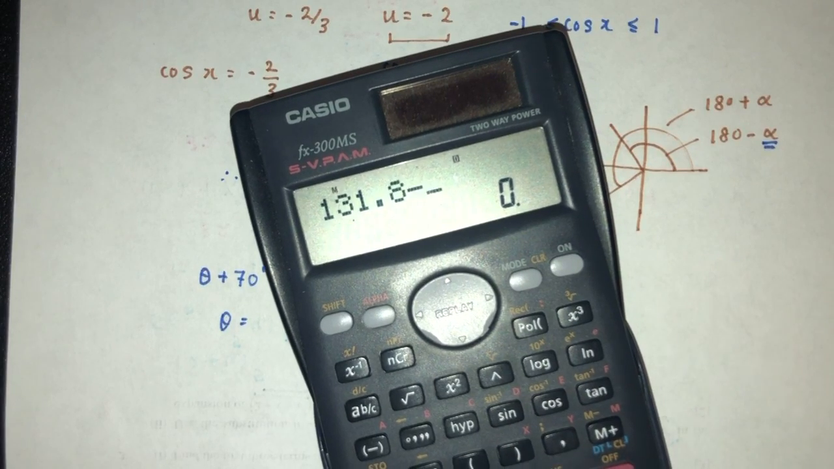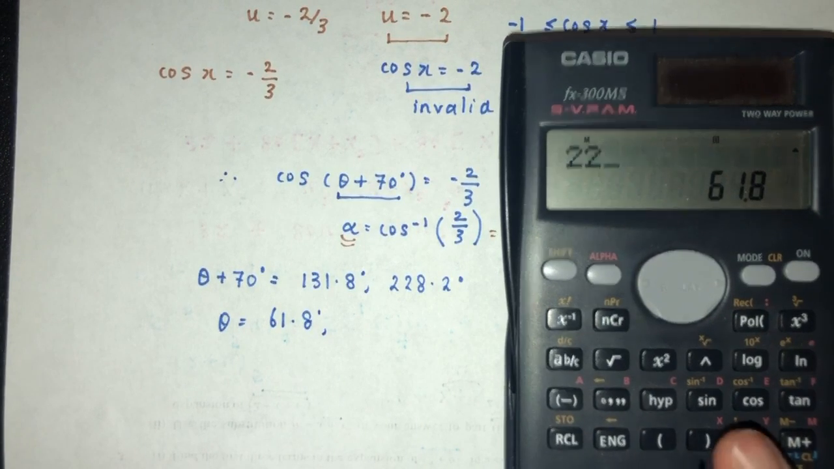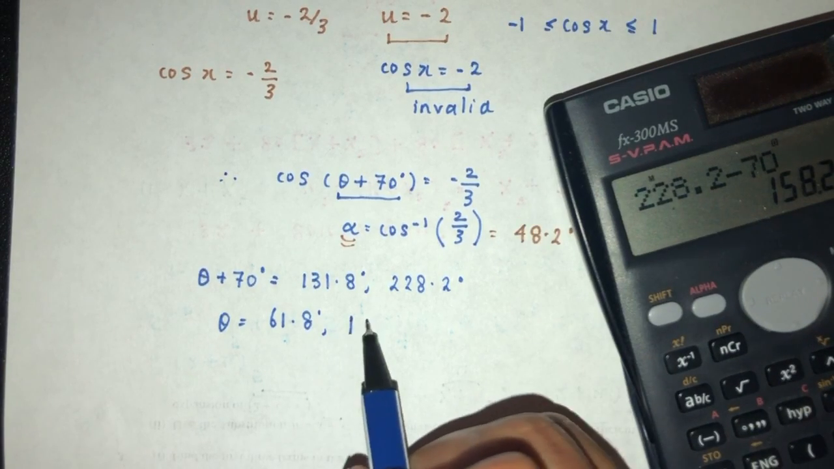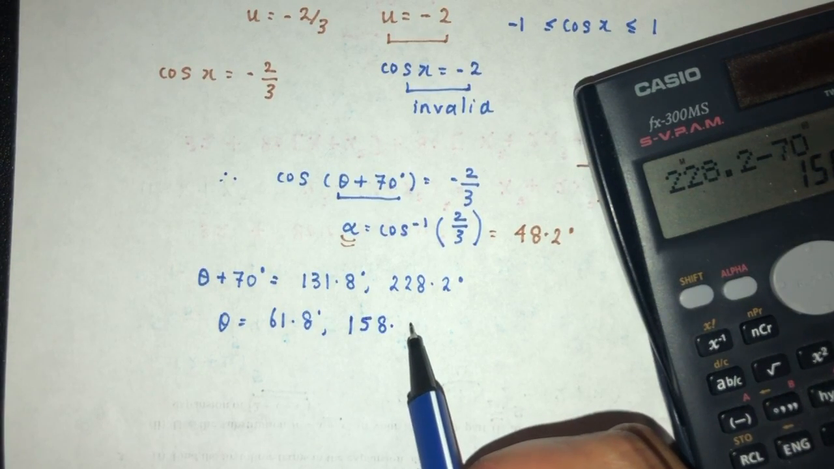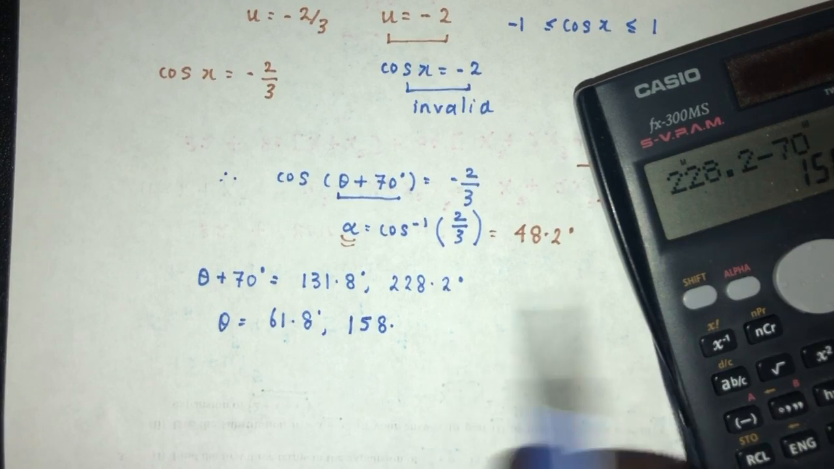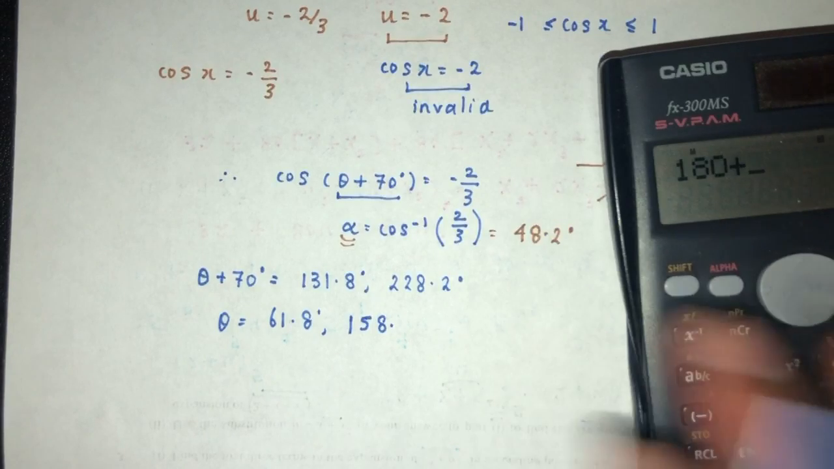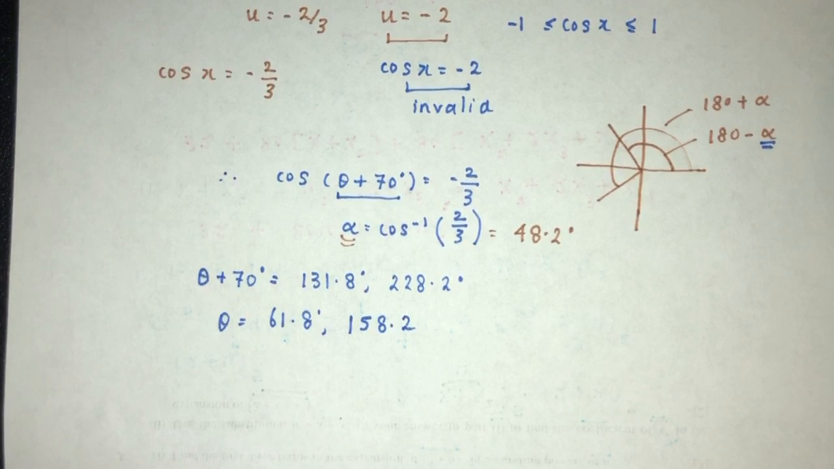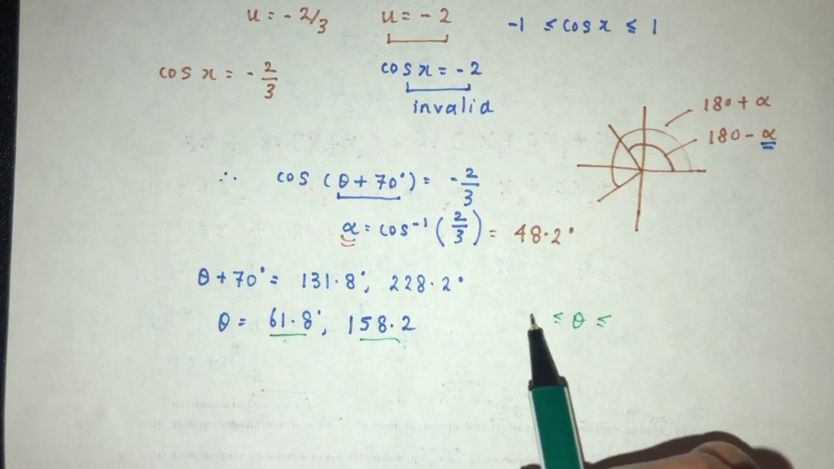131.8 minus 70, that should be 61.8, and 228.2 minus 70, that should be 158.8. This should be 8 here. I think I made a mistake, did I? I don't think so. 180 plus 48.2 seems to be fine. Okay, so that will be your value for theta, and theta has to be between the angle of 0